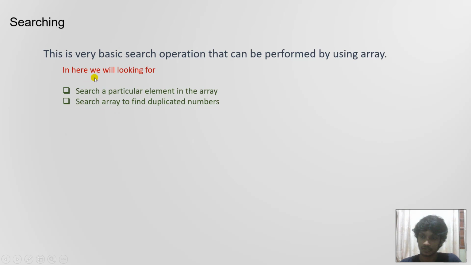So, in the searching operation, we are going to perform a very basic searching method. If we want to do a proper or advanced searching procedure, we have to use a tree data structure or some other data structure. By using an array, we can only perform a very simple searching operation. Anyway, in this topic, we are going to do two major things. The first thing is to search for a particular element in the array, and the second thing is to search the array to find duplicate numbers. Okay, so let's move to the first